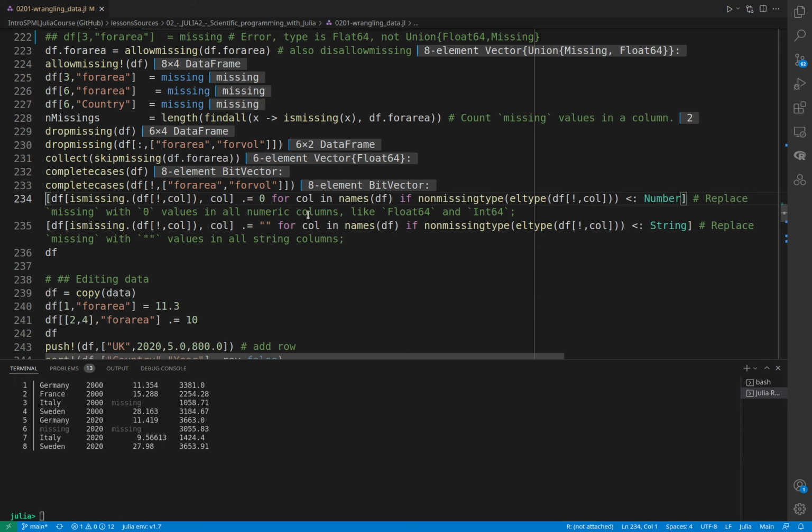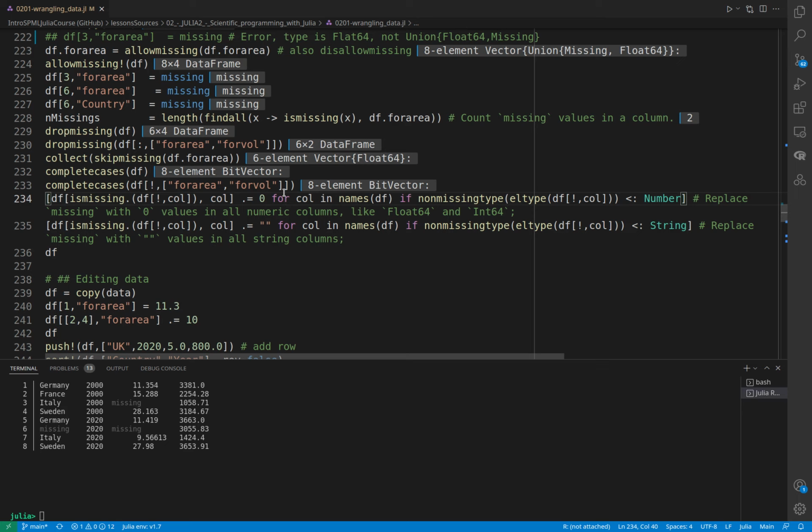Now what if I want to easily impute the missing data with some value? With machine learning techniques we will see a way to impute the missing data to their most likely value. But if we already know what our missing values mean, that is up to you. This is the nice thing: it's not the language that tells you this implicitly. It tells you, the modeler, who knows the meaning of missingness in your specific case. So if you, the modeler, know that missing should be interpreted as a 0,